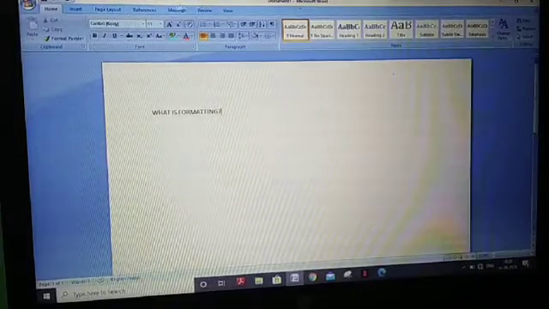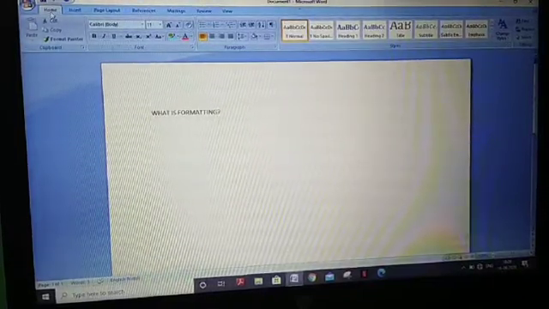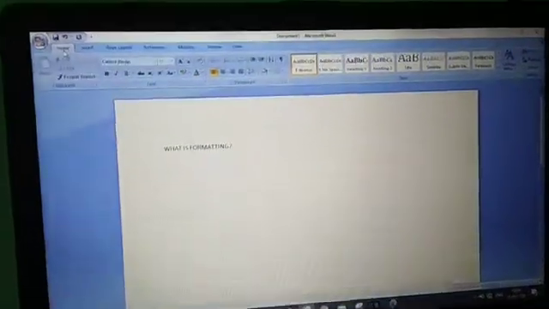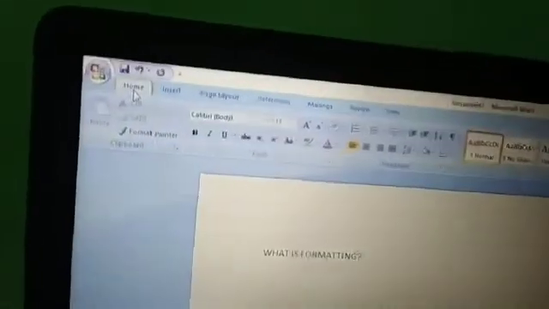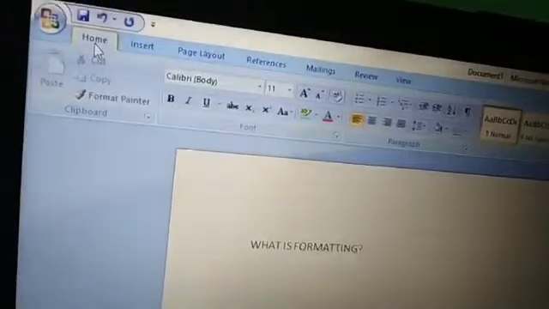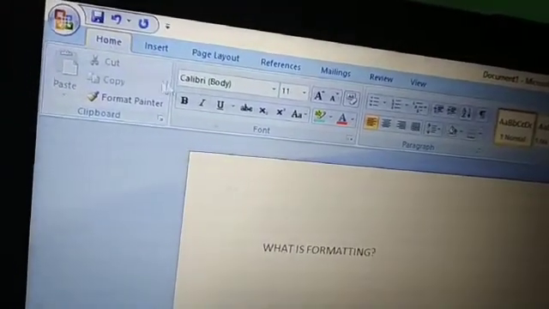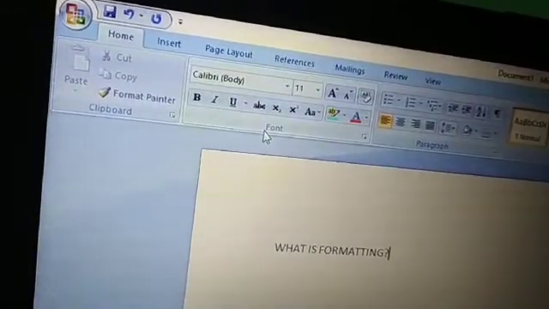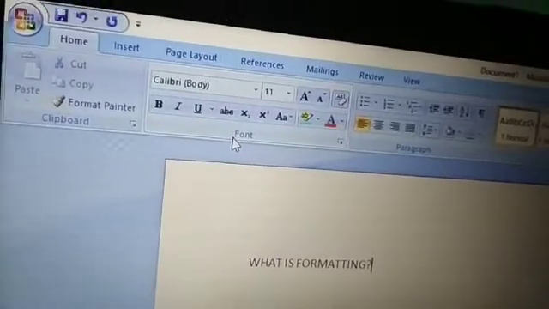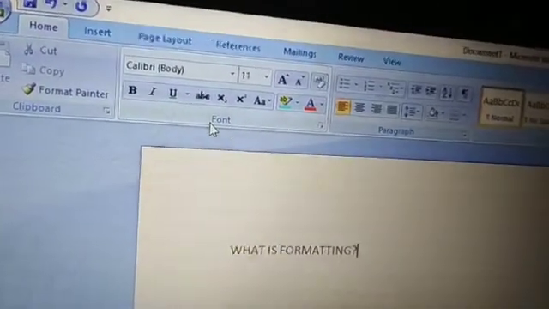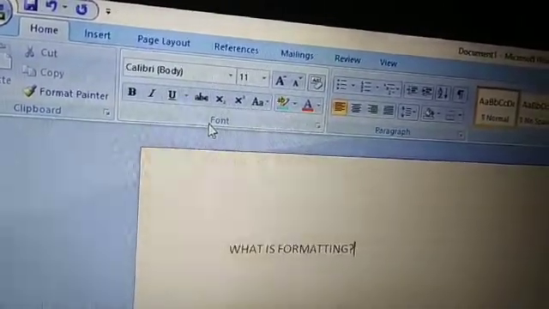Home tab. This is Home tab. I'm taking the camera closer to it. And here is the font group. I hope it is visible to you.